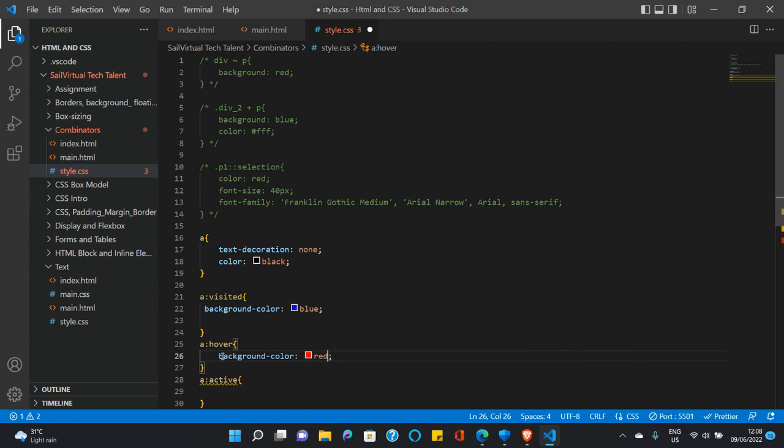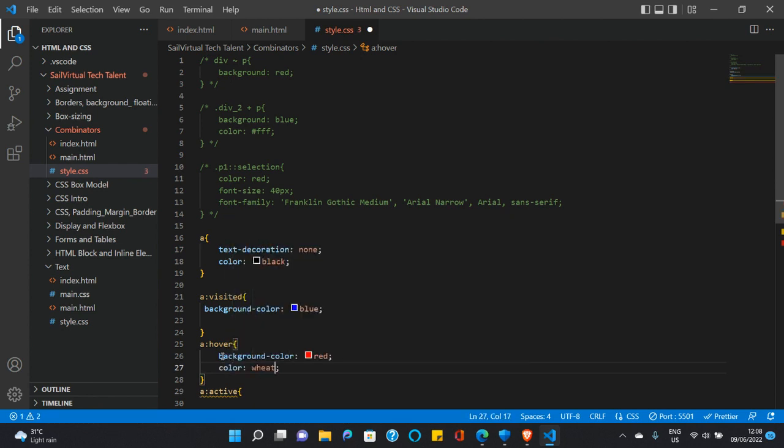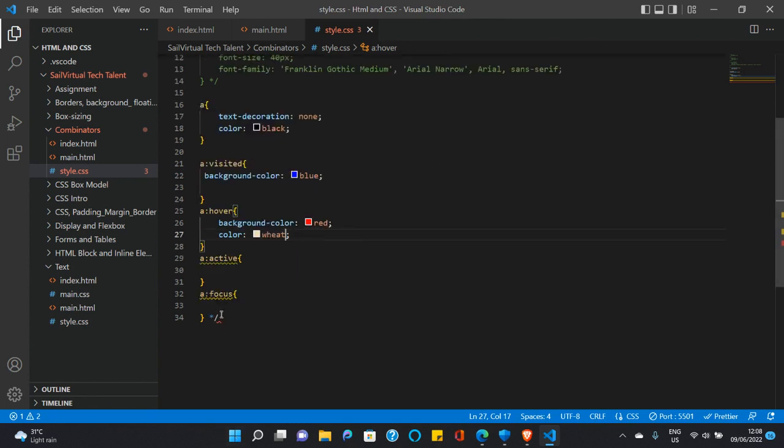So what this will do is that the moment we put the mouse on that particular anchor tag, it should have a background color of red. I would also give this a color of white or wheat. Okay,